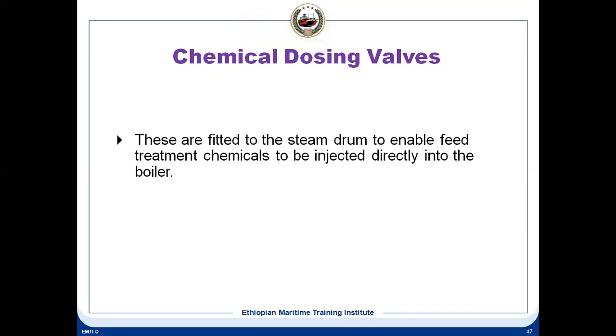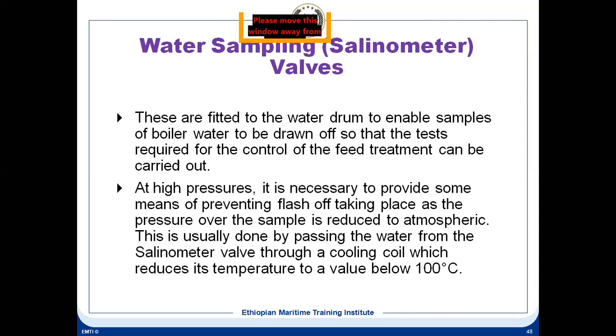And then, of course, as all of you know, as third engineers, you must be doing chemical dosing of the boiler water for various things. And then obviously to carry out the dosing, you require all these dosing valves. And where you have dosing, you should have water sampling, because you need to know the condition of the water to know how much you need to dose.